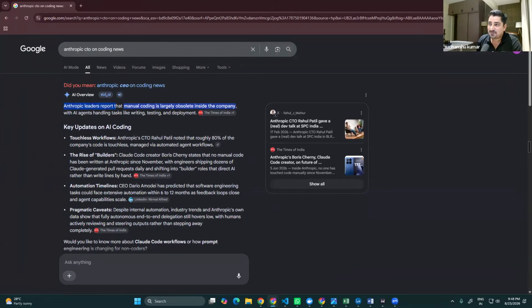Anthropic leaders report that manual coding is largely obsolete inside the industry, with AI agents handling tasks like writing, testing, and deployment. So everything has been automated. Anthropic CTO Rahul Patil noted that roughly 80% of the company's code is touchless, managed via automated agent workflows. That's a reality. So everywhere now in any company, any product-based company, any service-based company where they are maintaining,